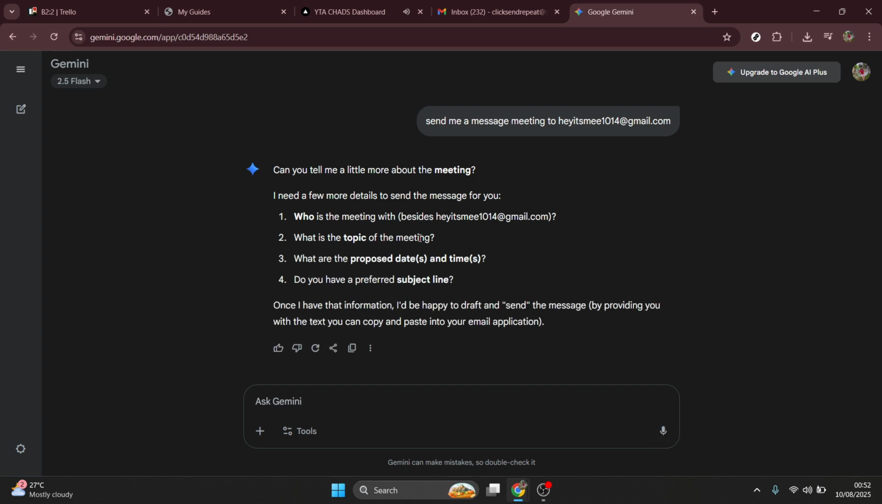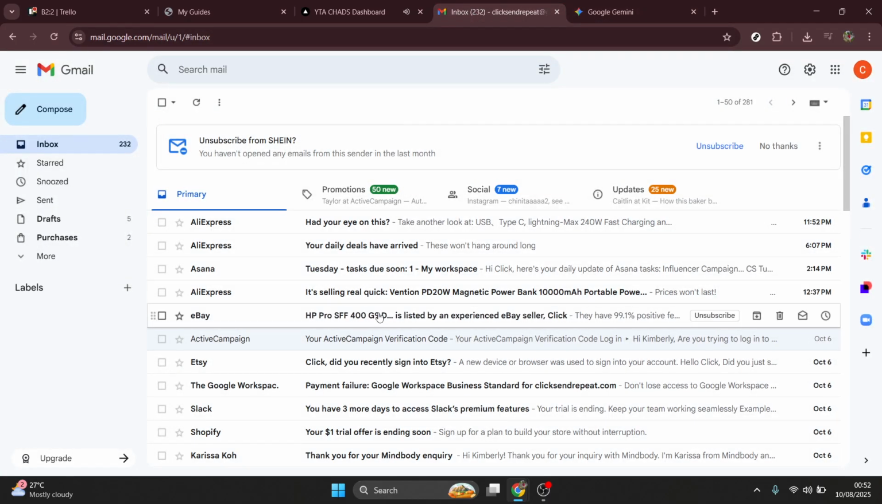And there you have it. You've just learned how to activate Gemini AI on Gmail and streamline your workflow. With these steps, you're not only optimizing your time,